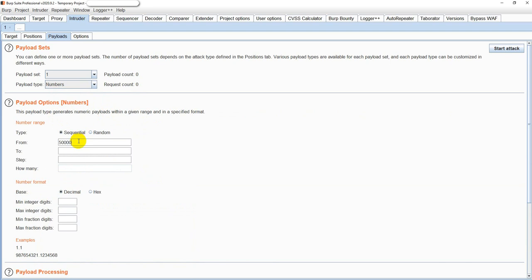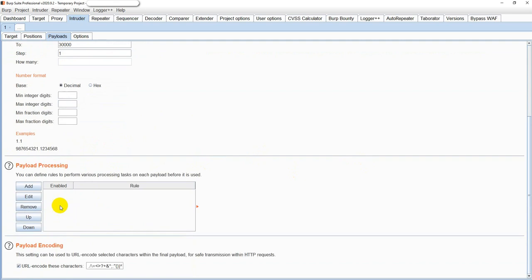Okay, and I actually want to go from 5,000 to, let's say, 3,000, and I want to go by how many steps? -1. Decrease one by one. That way it will decrease 5,000 to less than that. That's how it is going to work, right? So again, you can go on an incremental basis also, like +1, how many steps, one, and it will also increase the number from, let's say, 5,000 to, let's say, 30,000. Okay, so that's how it is going to work.